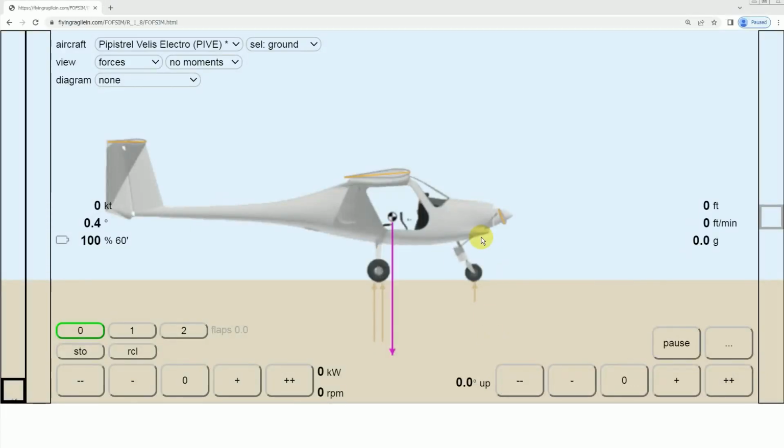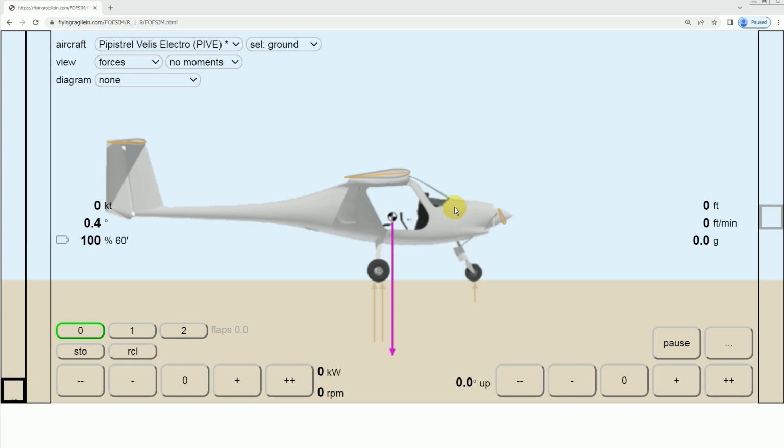Hi flying friends! The new version of FOFSIM has a new aircraft and a couple of cool new features. The new aircraft is the all-electric Pipistrel Velis Electro. In this video we will use the Velis to explore one of the cool new features called the Live Lift